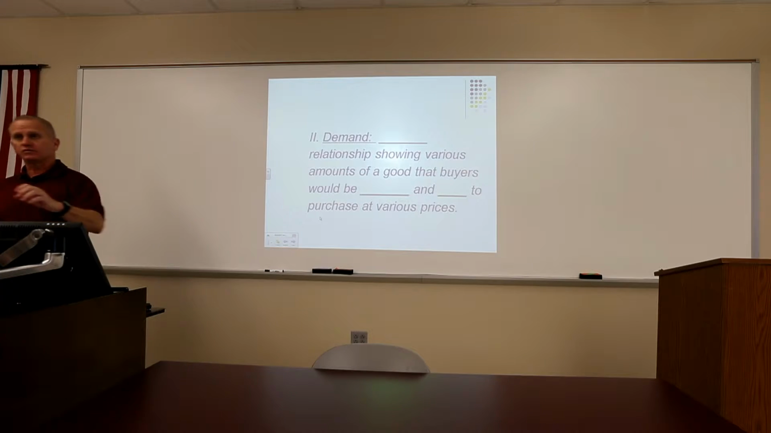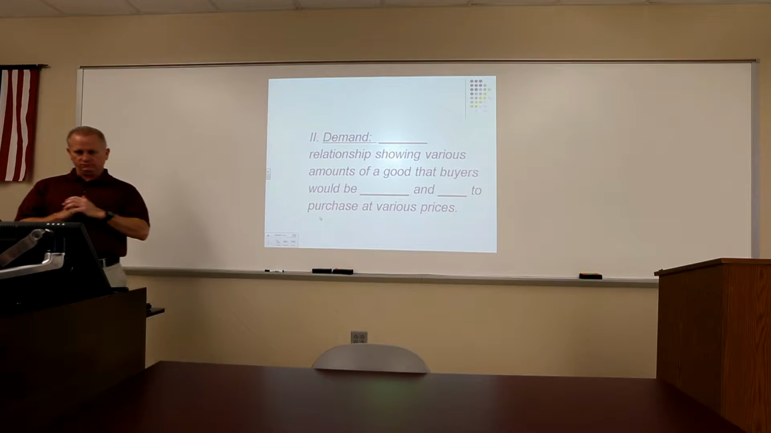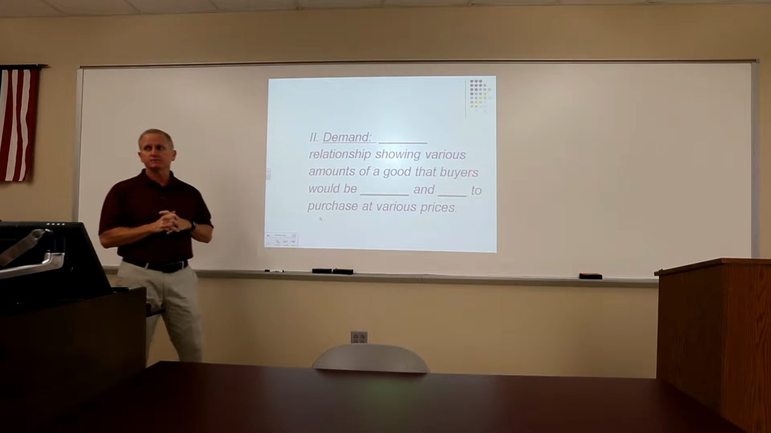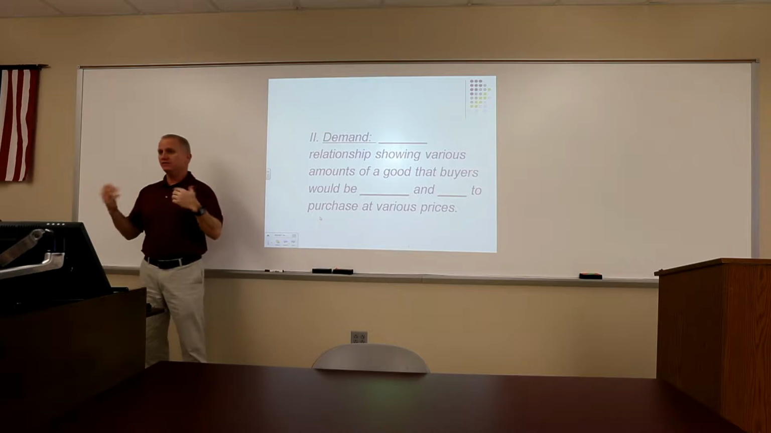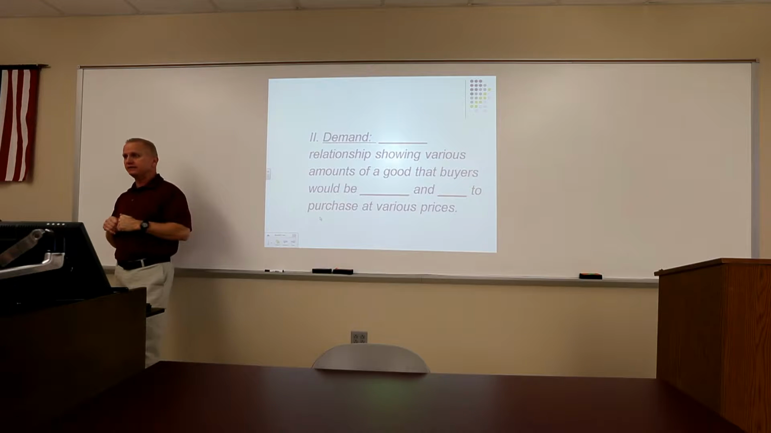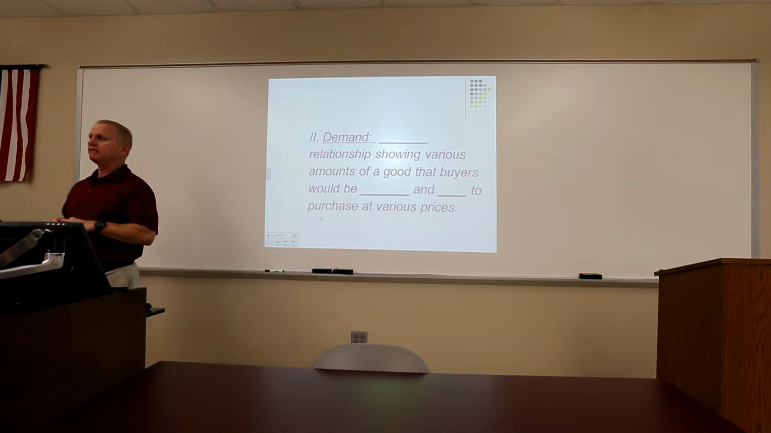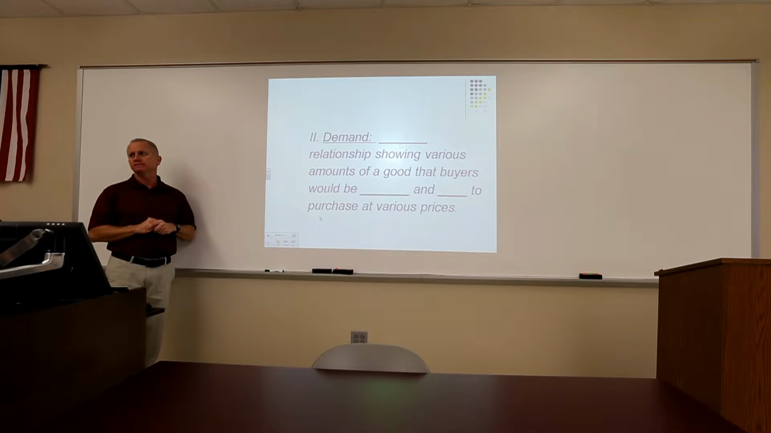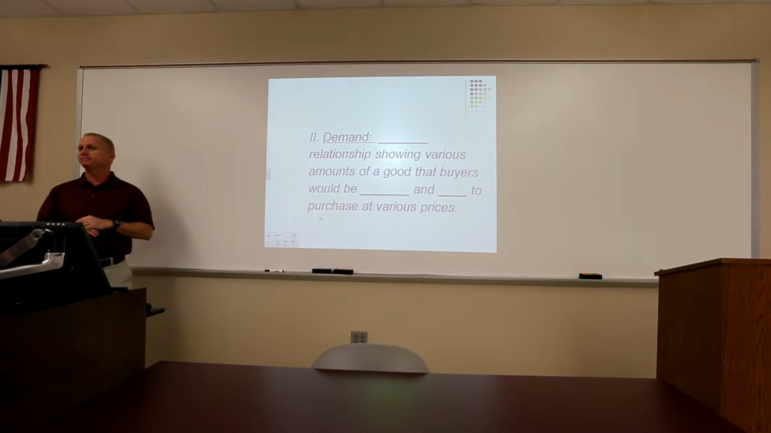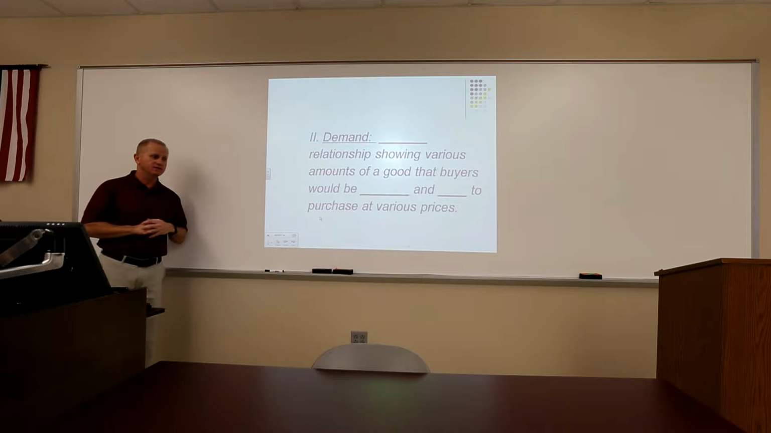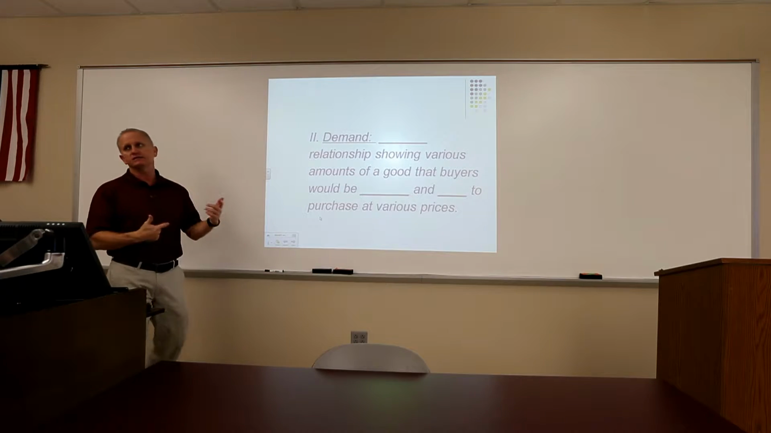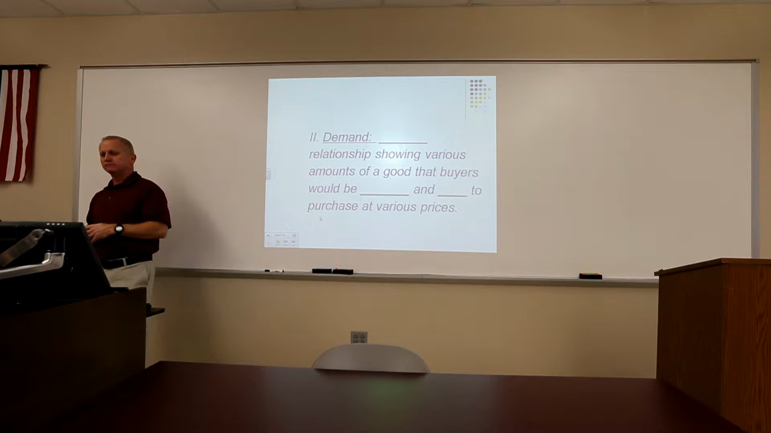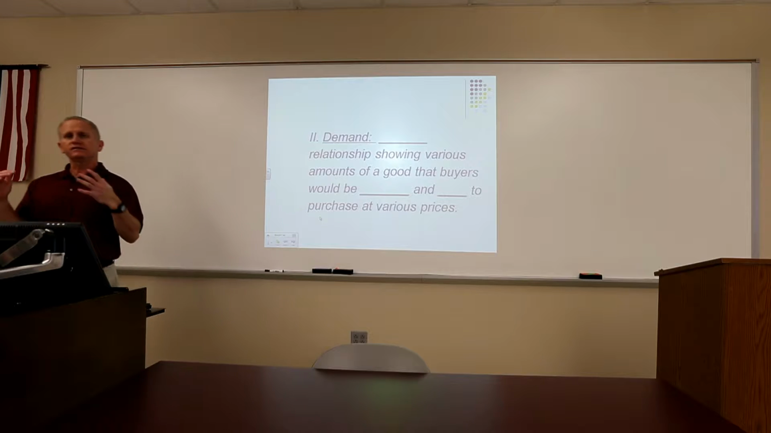So the first word is inverse, and then the two words with the and: willing and able. You have to have both of them, willingness and the ability. You may have the willingness to buy something but not the ability, you don't have the money. Or you might have the money, the ability, but not the willingness. In order to show this relationship, and this is a model, I wanted to say that this is a model,